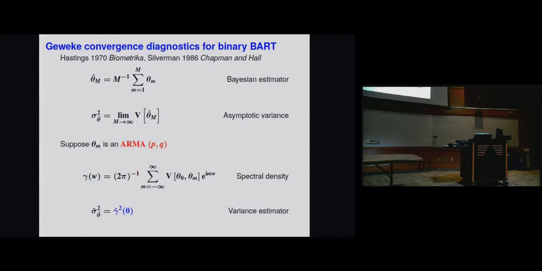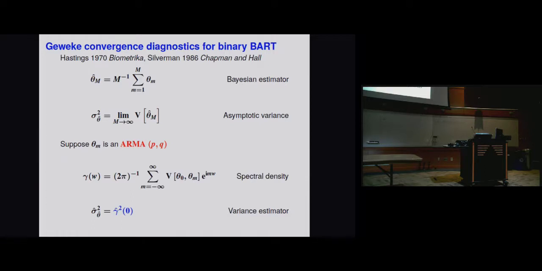So basically the trick looks like this. This is your typical Bayesian estimator. You have our favorite Greek letter, theta. You have something, and you just average over the samples of that, right? But now, for this, you need what they call the asymptotic variance. So if the limit goes to infinity of the variance of our estimator, we need to know what that is. Well, I think this is Silverman's trick.